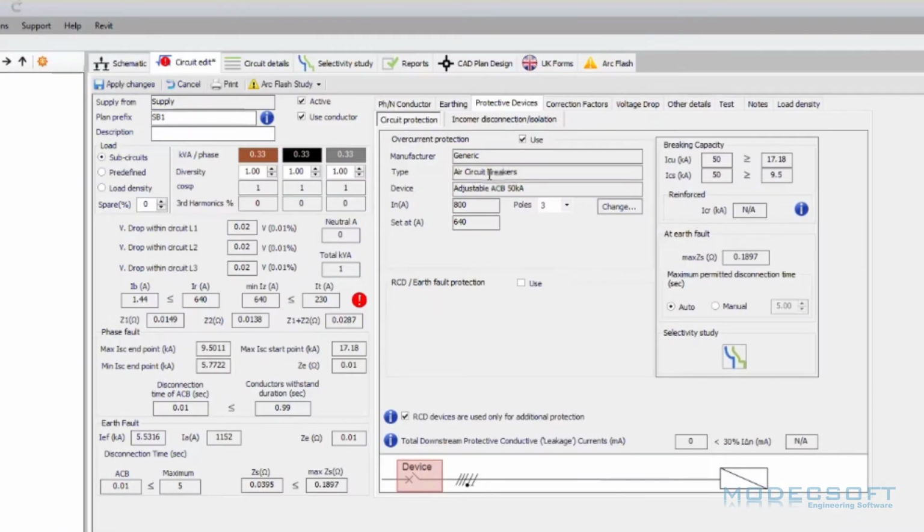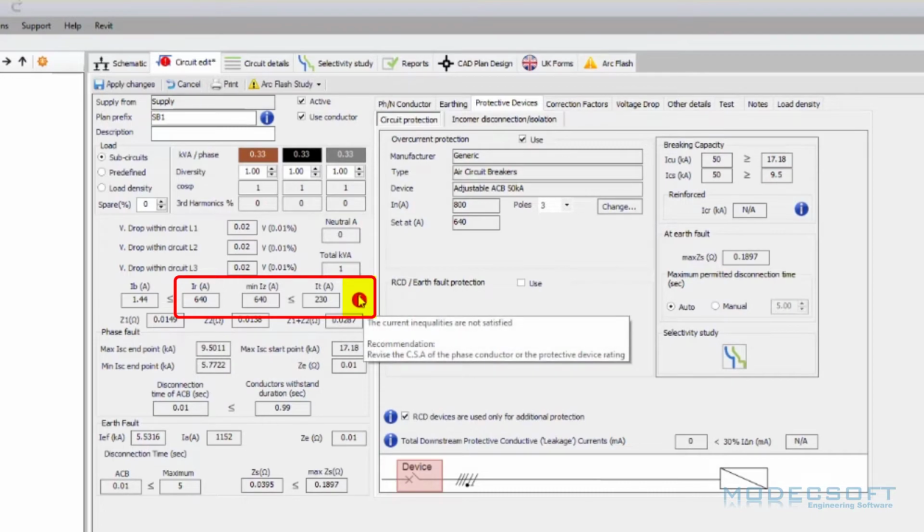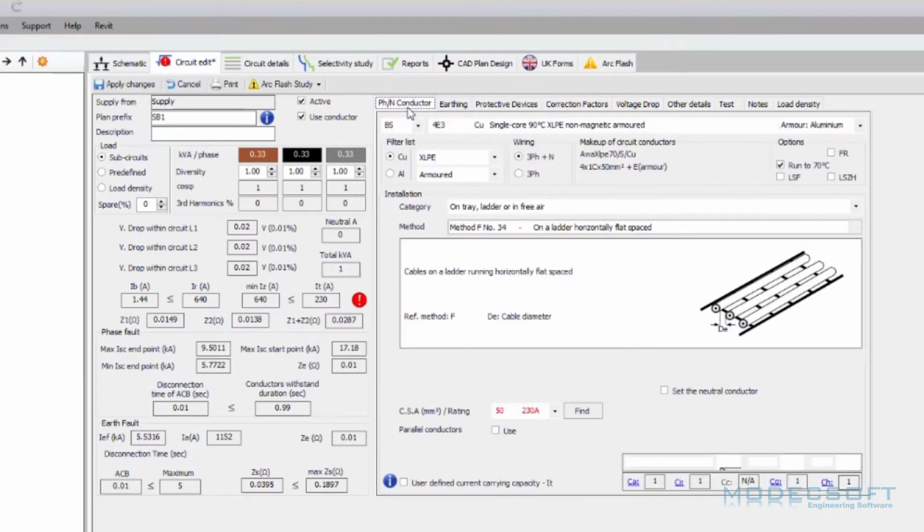Now that I have selected my protected device, a warning has popped up in the software immediately identifying that there is an issue with the cross-sectional area cable in terms of the current carrying capacity that I selected earlier. Here, now with the cross-sectional area, you will note that the cable size and rating has appeared red marked. This is identified by the software that this particular cable is not adequate for the size of device that we